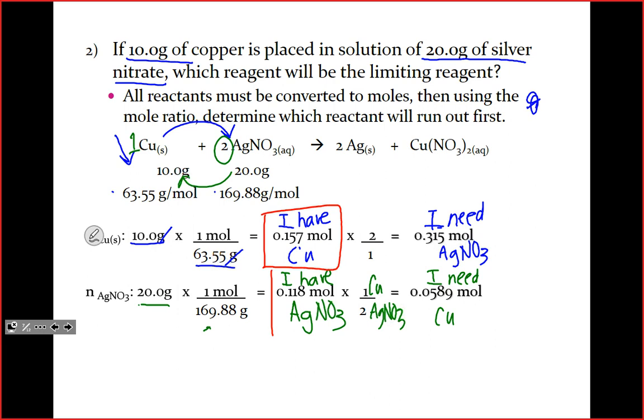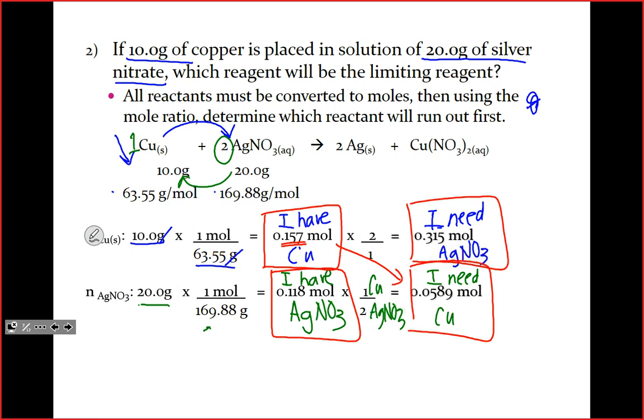Now, do you remember what we did last time? I'm going to compare what I have and what I need of each. So I have 0.157 moles of copper, but I need 0.0589. I have more than I need of copper. I have 0.118 moles of silver nitrate, but I need 0.315. So let's go back and look at the copper. I have 0.157. I need 0.05. I have more copper